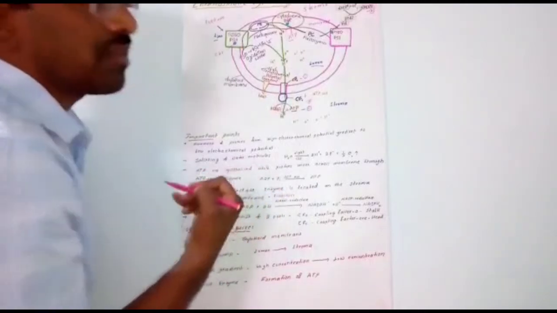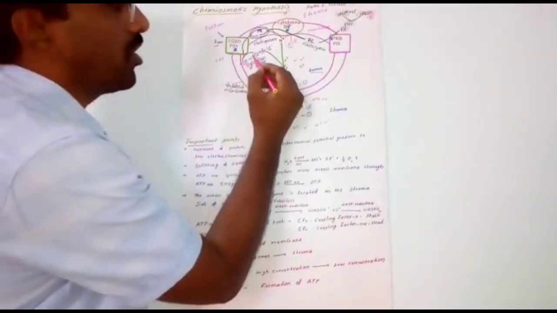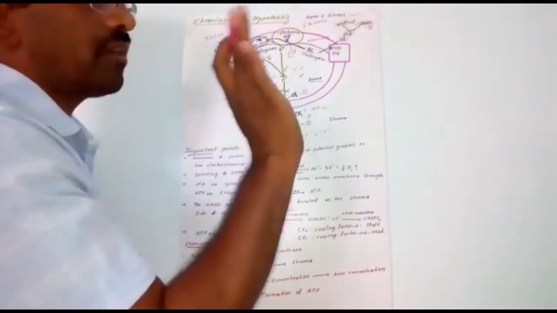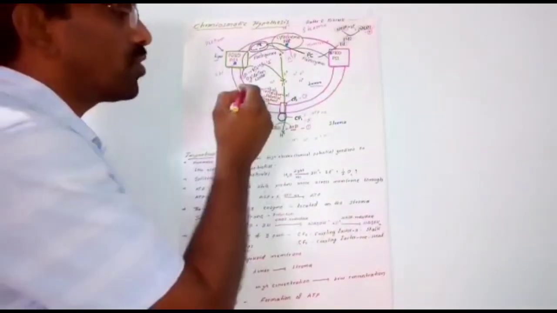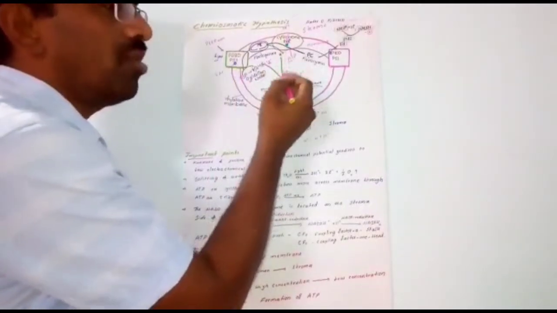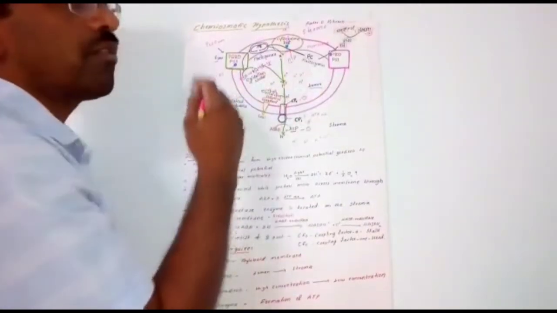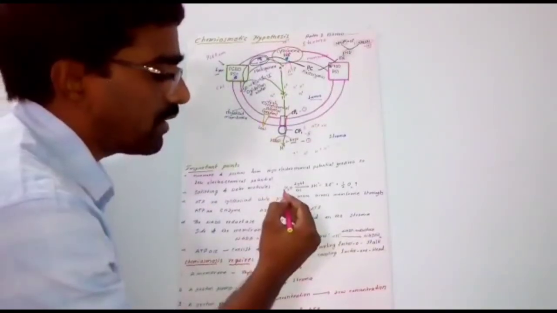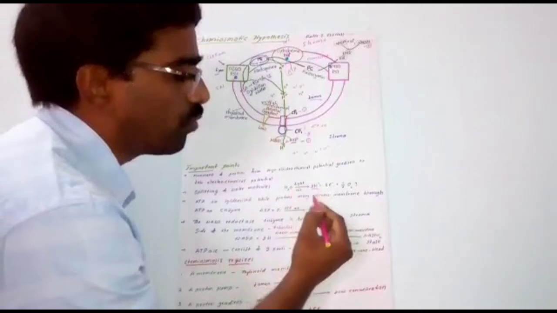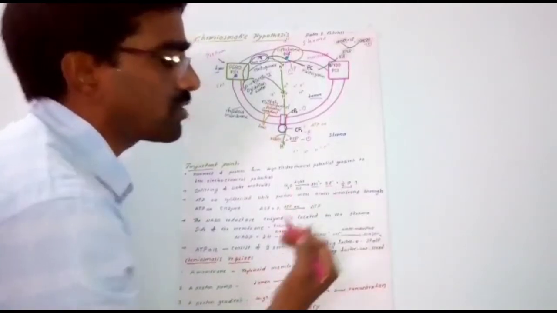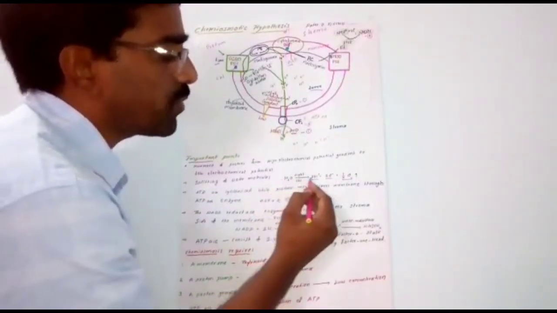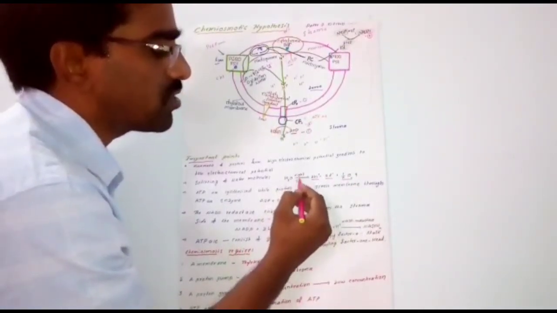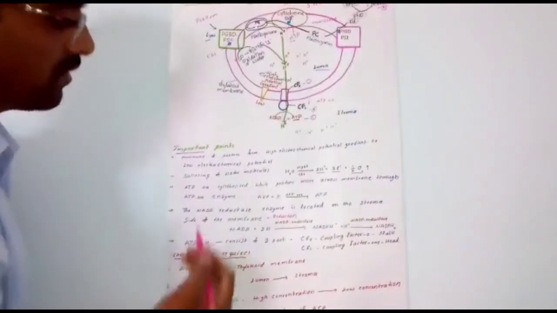Then the splitting of water takes place here. The water molecule splits into electrons, protons and oxygen. Without water splitting, photosynthesis does not take place. The splitting of a water molecule is also called photolysis. Each water molecule gives rise to 2 protons, 2 electrons and half an oxygen. When 2 water molecules participate, we get 4 electrons, 4 protons and 1 oxygen molecule. This happens in the presence of light as well as chlorophyll. Then the third concept is